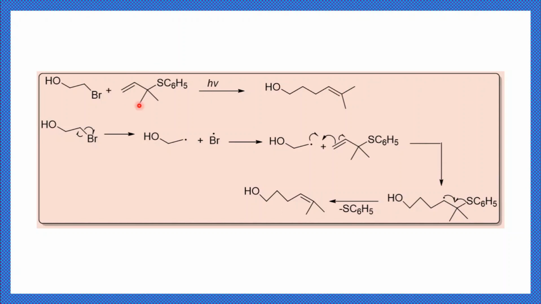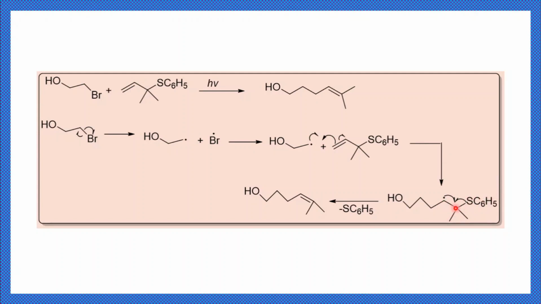So in the reaction mechanism, what happened? This C-Br bond undergoes homolysis. It generates a CH2 radical. This CH2 radical reacts with this vinyl sulfide, and the formation of a carbon-carbon bond takes place between these two different molecules. It's an example of intermolecular carbon-carbon bond formation. You are forming the bond in two different molecules. Then the next step is